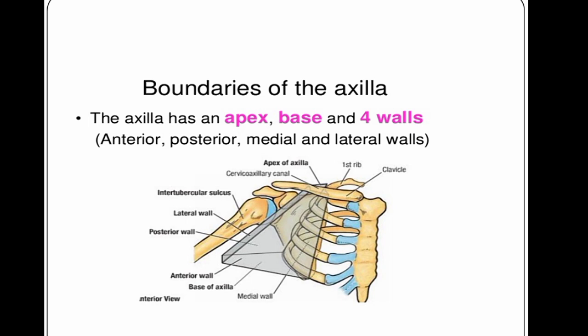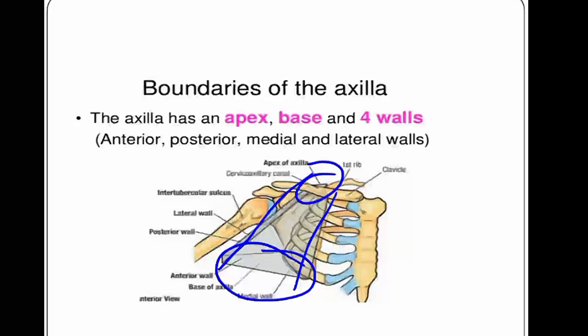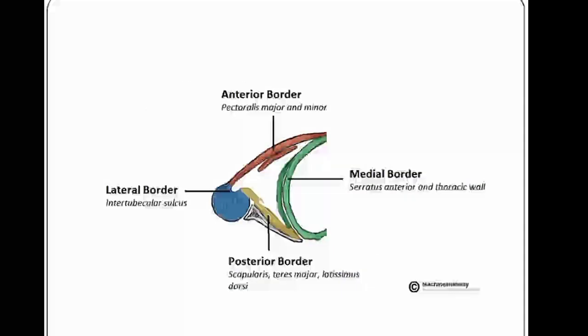You can see this space has its base and apex. Together, this space forms the axilla. So it has an anterior wall, posterior wall, medial wall and lateral wall. Now, when we see this axilla from a superior aspect, it has an anterior border that is formed